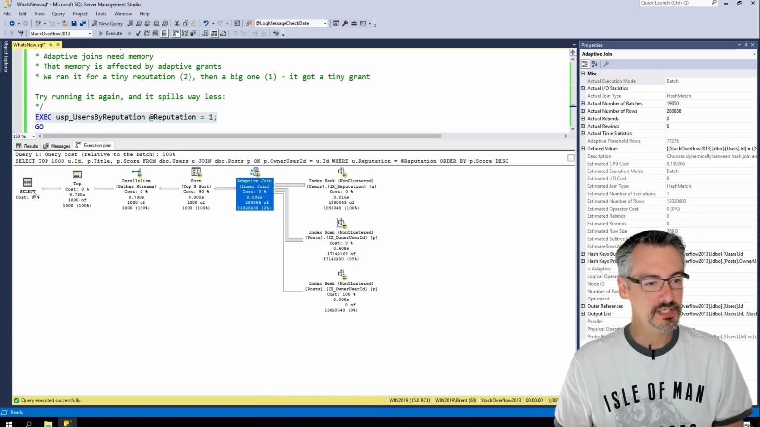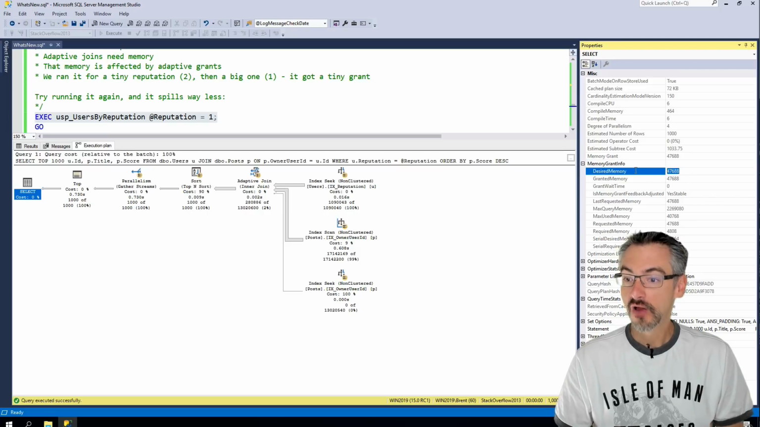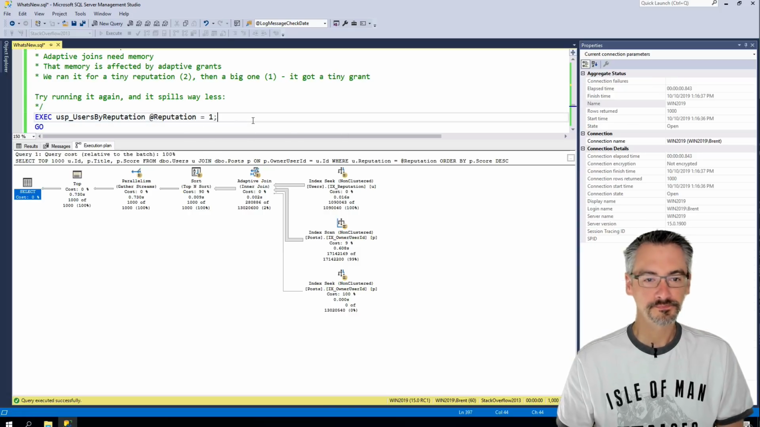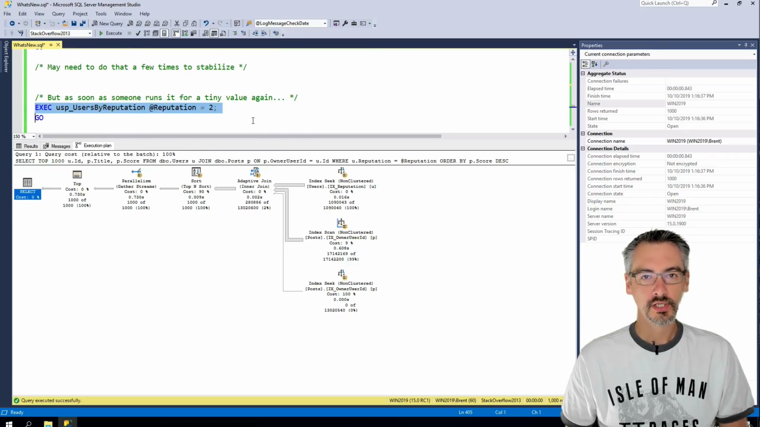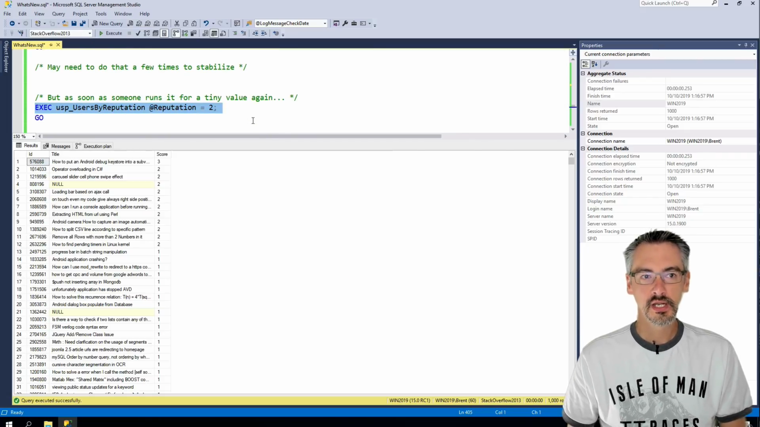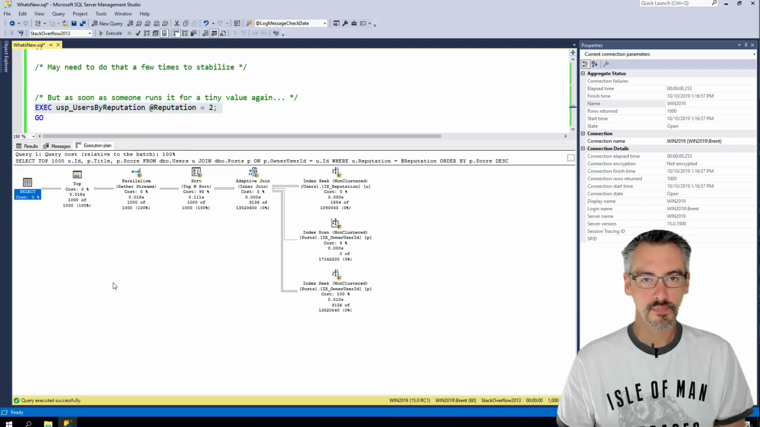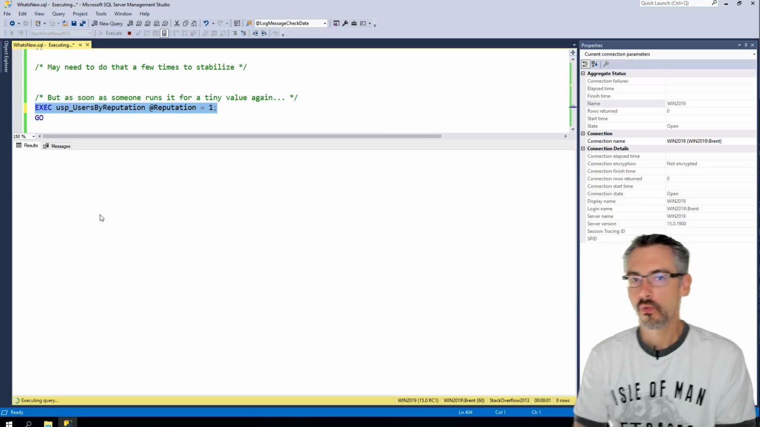Now it's not spilling to disk. How much memory are we getting in order to avoid spilling to disk? 47 megabytes. Okay, that's cool. And it's stable, just like me. That's awesome. So everything will be completely cool as long as no one comes in and runs it for a tiny number, thereby throwing off our memory grants, because now if we run it again for reputation equals 1, wah, wah,